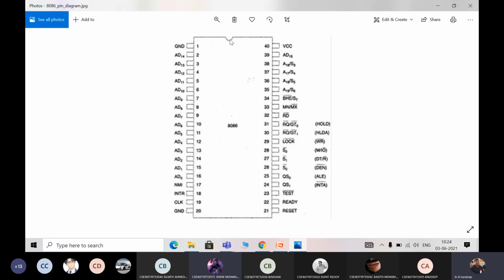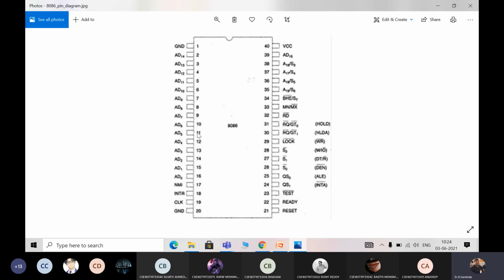Yes, sir. So the U shape is used for giving the information that the numbering goes from top to bottom and bottom to top. So that's the reason we are calling it a U. So we can remember: first it will start from 1 to 20, and 21 should not start from here, 21 should start from here to the top. If you remember this U, then you can remember this representation also.